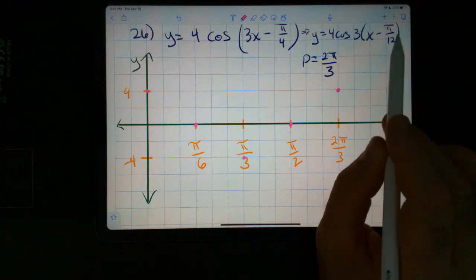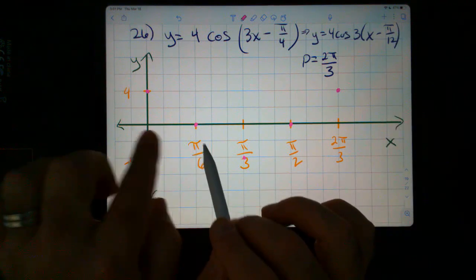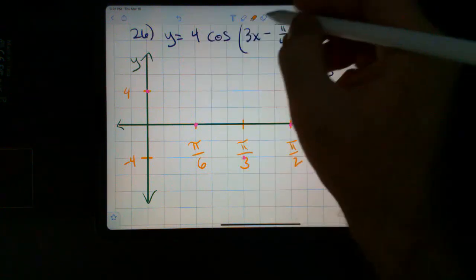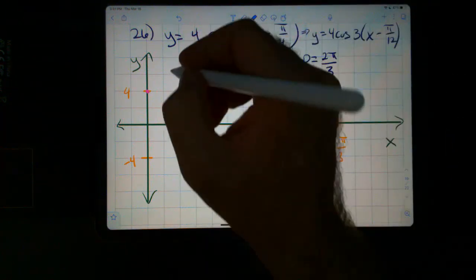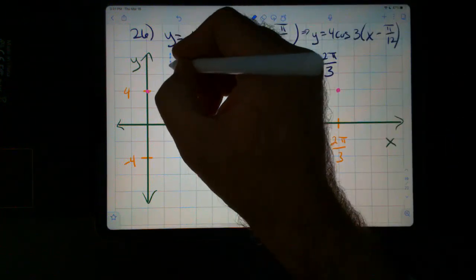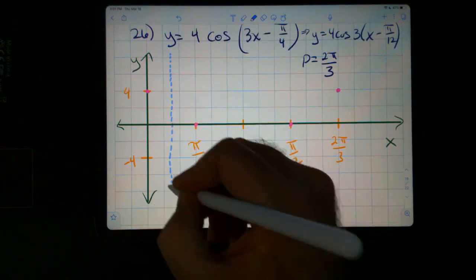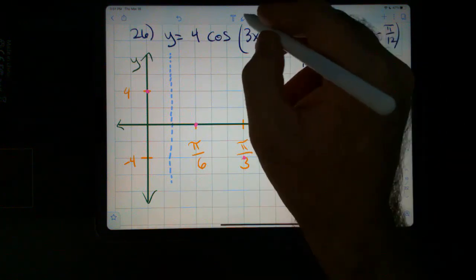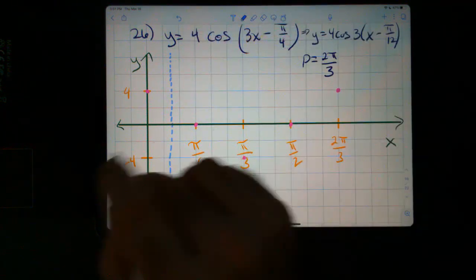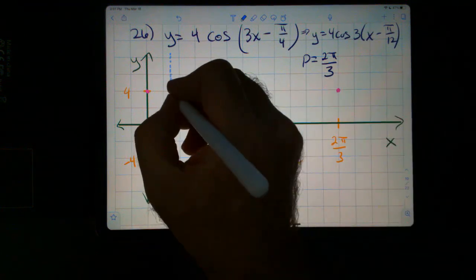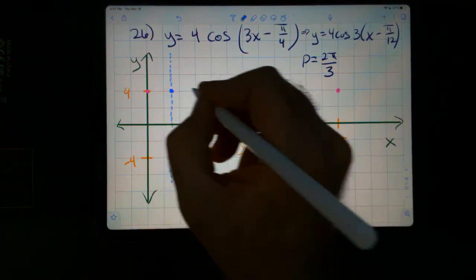then we need to address the shift, the phase shift. So pi over 12 is halfway in between 0 and pi over 6. So pi over 12 is going to be right about in that middle line there. Okay? So everything is shifted over pi over 12 units. So we're going to have through here,